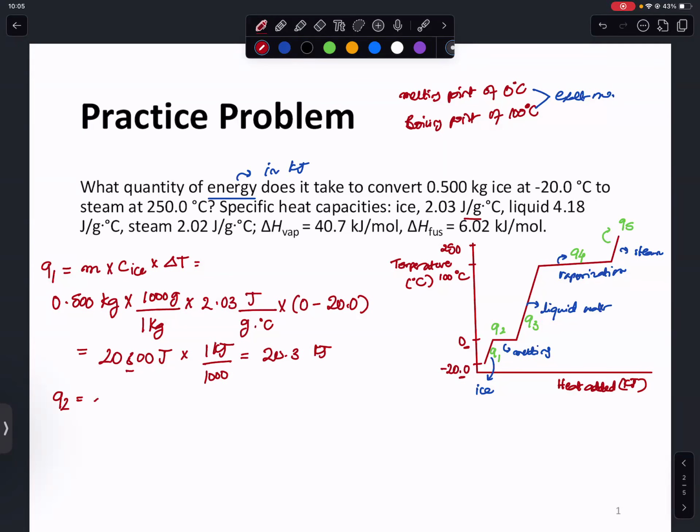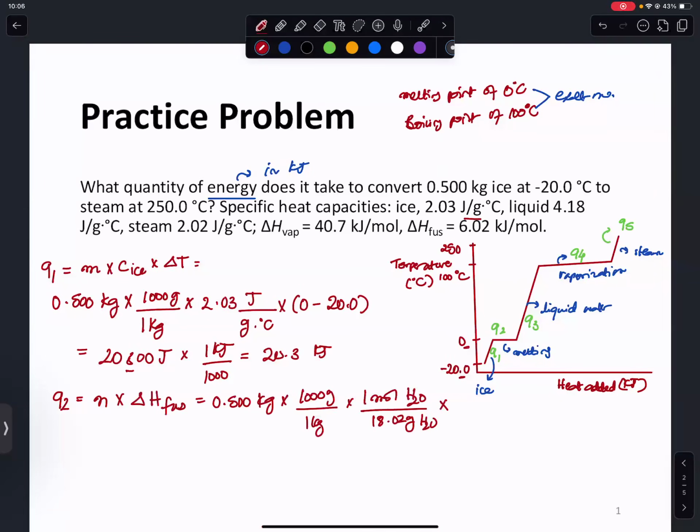So this is melting, or fusion. So n times the enthalpy of fusion. Since we don't have n, we only have the mass, so I'm going to convert, or divide by, the molar mass of water. Okay, and then I'm going to multiply by the enthalpy of fusion, which is 6.02 kilojoules per mole. And this is going to give me